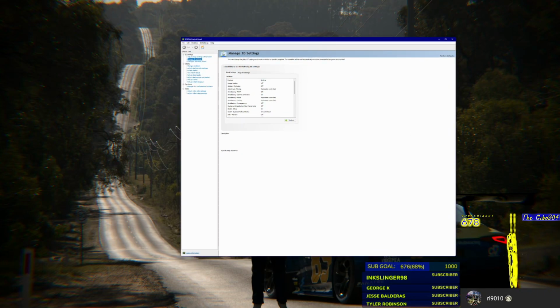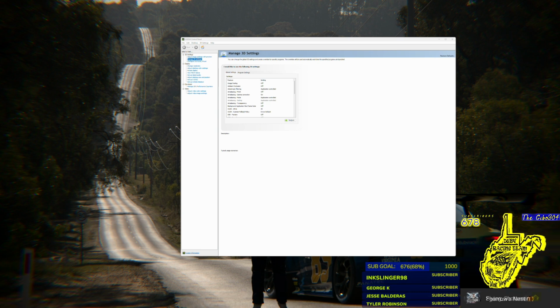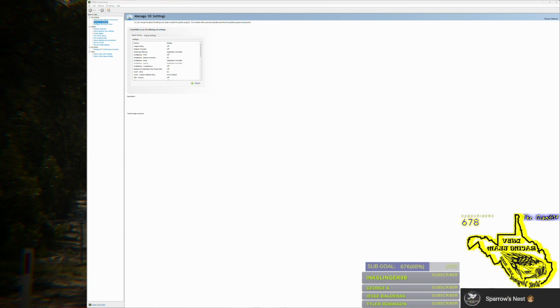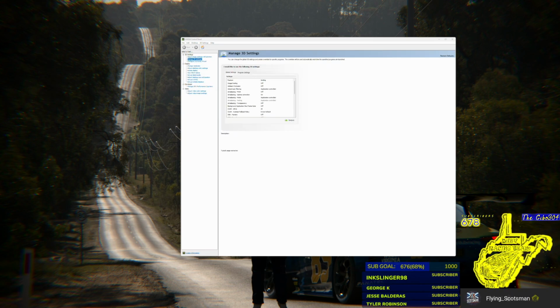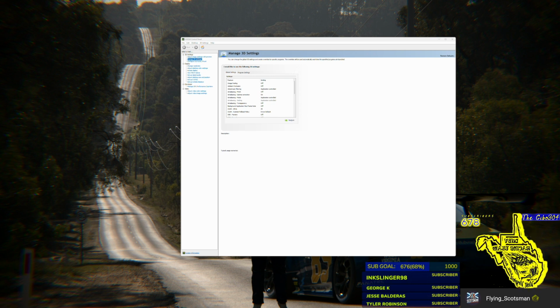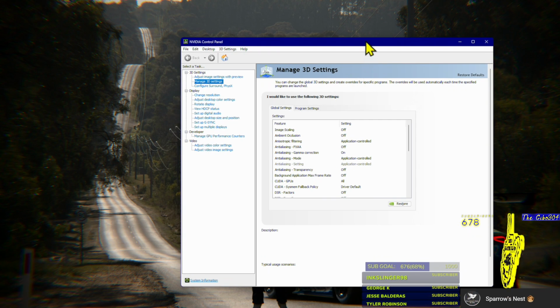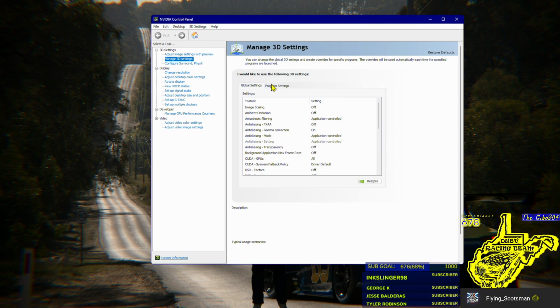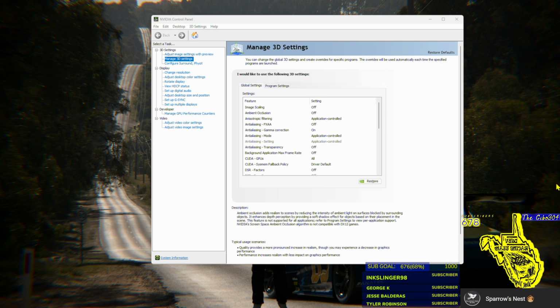And that is hard to see, so let's make that a little easier. That didn't help. Let's see if we bump up our resolution over here for the moment so you guys can see. There we go. So in our Nvidia control panel,